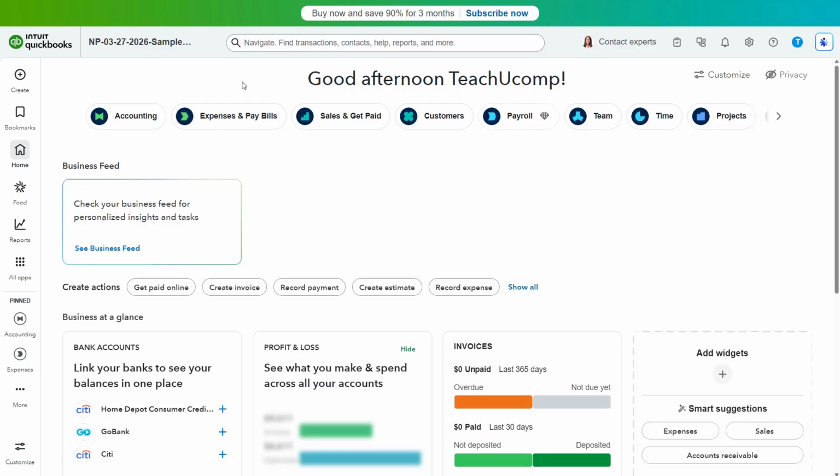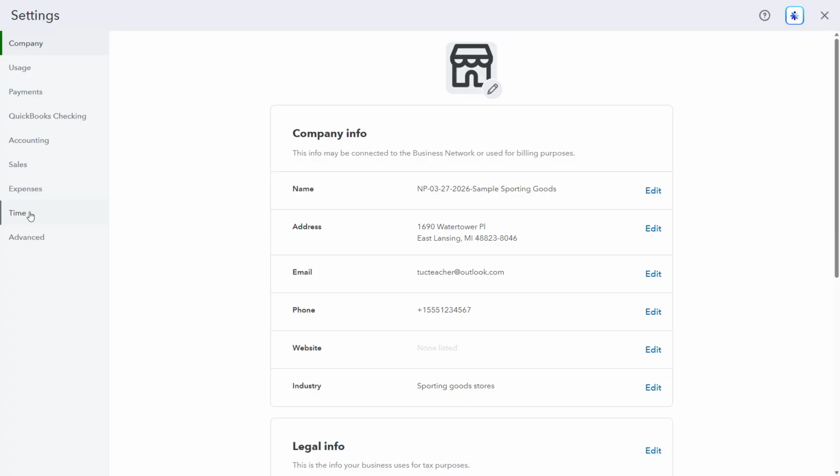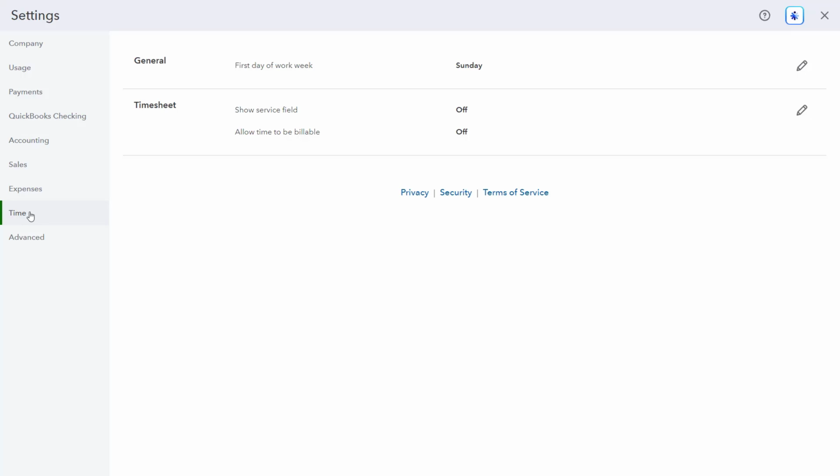To set the time tracking settings in QuickBooks Online Plus if you don't have a subscription to QuickBooks Time or Payroll Premium, click the Settings button in the QuickBooks Online toolbar. Then click the Account and Settings command under the Your Company heading in the menu that appears to open the Settings window. Then, click the Time menu category at the left side of the window to show its category sections